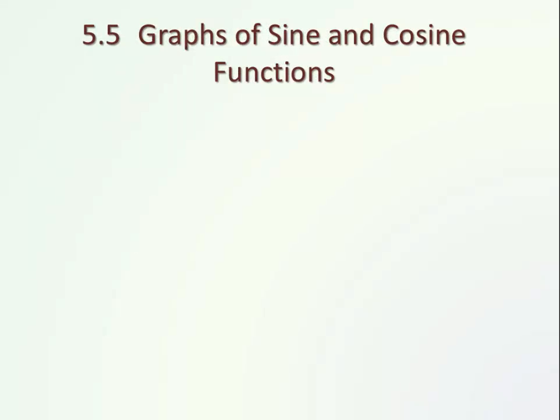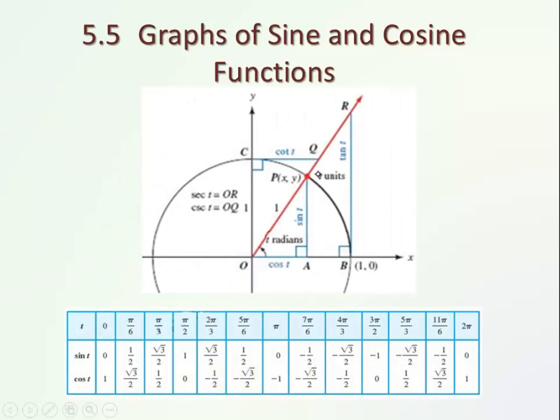In this lesson, we'll look at graphs of sine and cosine functions and their properties. As we remember, a point traveling around the unit circle defines values of different trig functions, for example, sine, cosine, tangent, cotangent, secant, or cosecant, at the angle t, which opens from the x-axis towards the terminal, passing through the point